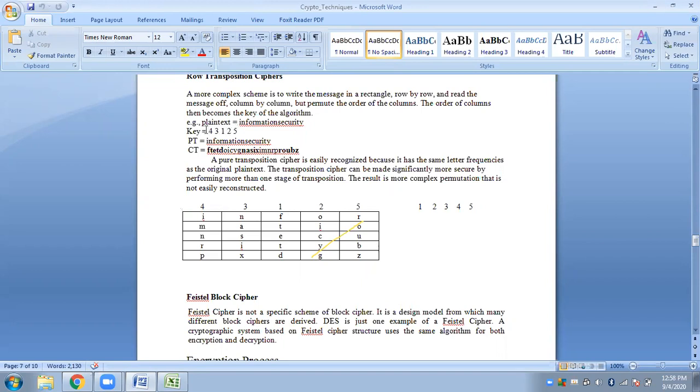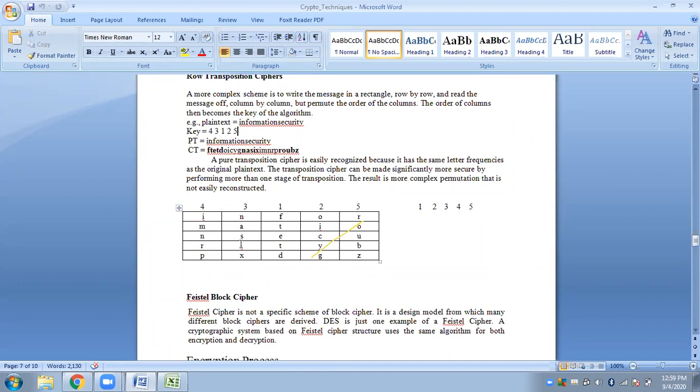Since I have 5 digits here, please remember that any matrix you use must be a square matrix. Square matrix means the number of rows and columns must be the same. If you take 5 rows, you must have 5 columns. Since I have 5 digits in this number, my matrix will be 5 by 5. So you need as many rows and columns as the number of digits you consider for the key.